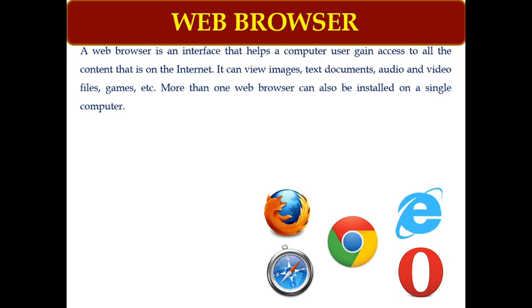Different web browsers can be used to access the internet. Some famous web browsers are Google Chrome, Opera, Safari, Internet Explorer, and Mozilla Firefox.